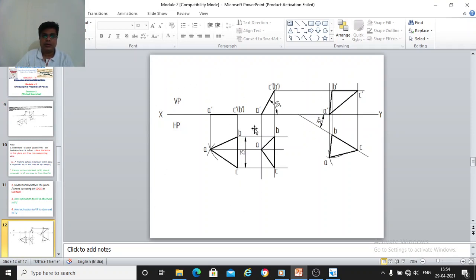So you can give a small gap between the first step and the second step. Again you can leave a small gap between the second and third step. So approximately you can leave some gap. Okay. So this is the procedure you have to follow, and you can see the difference between thin lines and thick lines and the letters using different pencils. So that difference should be seen in the drawing.